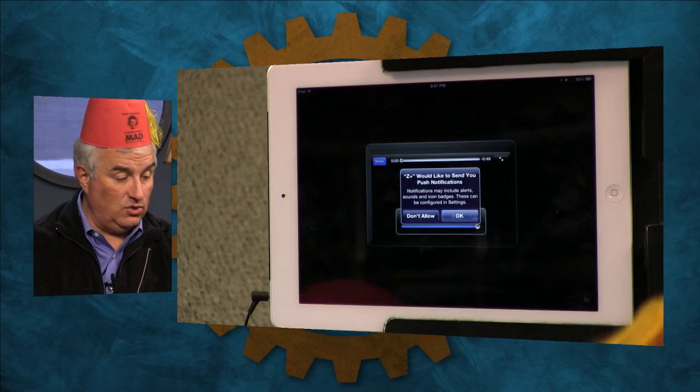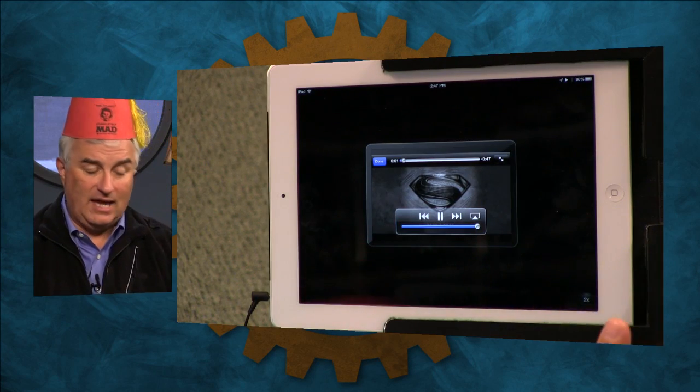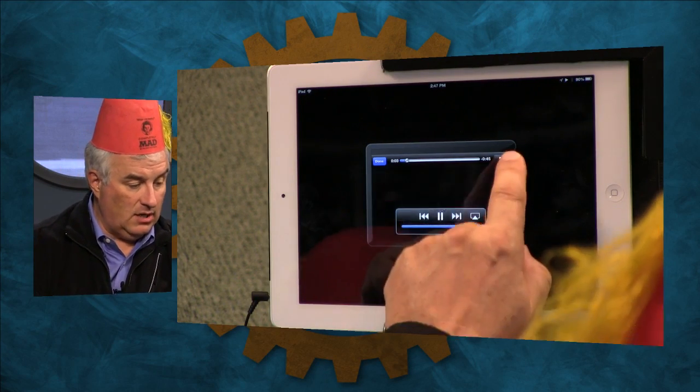Hans Zimmer. Does that name ring a bell for you? He is a very famous movie composer who just recently did the soundtrack to Man of Steel. He also mixed it in an unusual way. Now, this is an iPhone app, but I'm going to go...